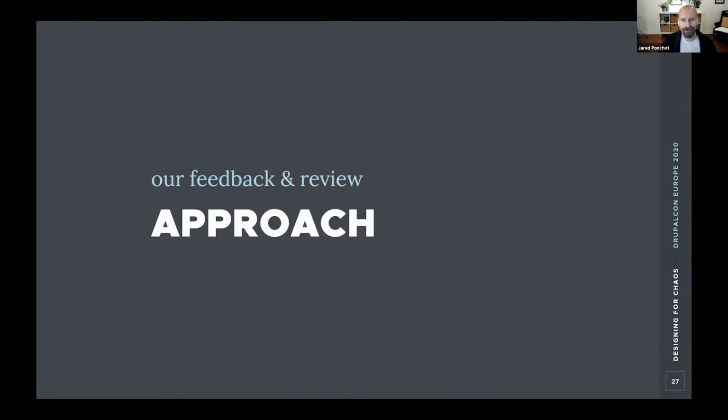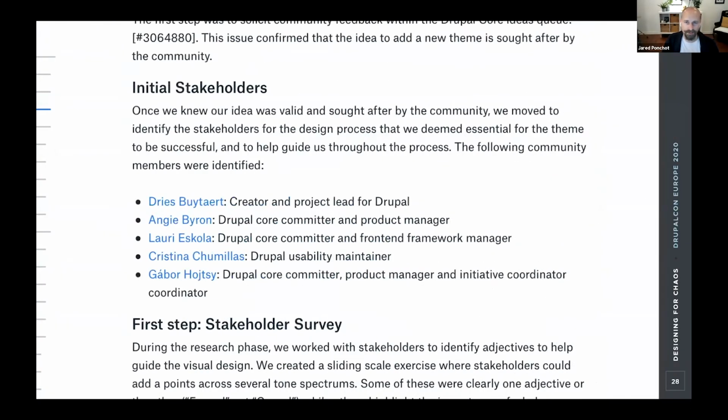So I've already mentioned the challenge we had of our real stakeholders being lots of people who may eventually use this theme, and a broad Drupal community who cares a lot about it, but we needed some sort of approach to rein that in a bit, at least initially. And our approach was to first establish a proxy group. We assembled a group of various core maintainers from the Drupal community, as well as our team of designers and developers working on the project, that we could use initially to help begin the review and refinement process. And the goal here was to do as much due diligence as possible to weed out as many of the problems and issues with our design ideas as possible, so that we could put something more solid in front of the larger community for feedback.